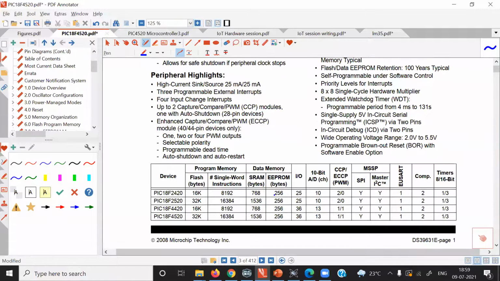In PIC 18F4520, 256 bytes of EEPROM are available. In other PIC devices, the number of bytes may be larger. Some PIC devices may have on-chip 1 kilobyte EEPROM memory. It is electrically erasable ROM. I will call it EEPROM.